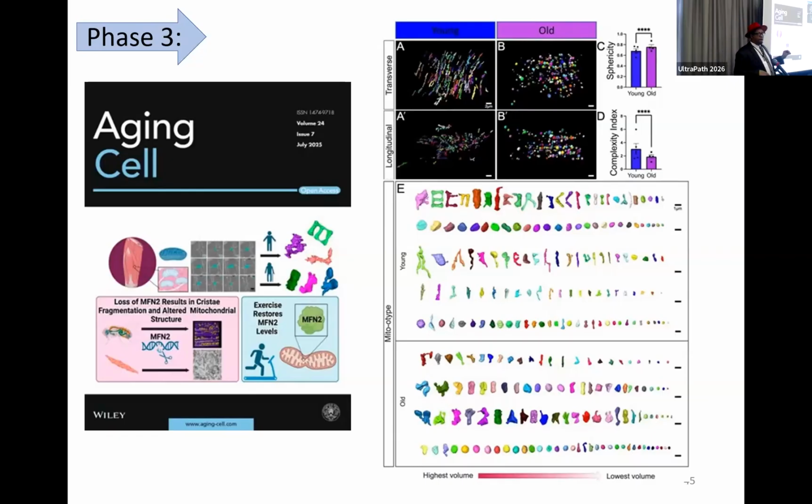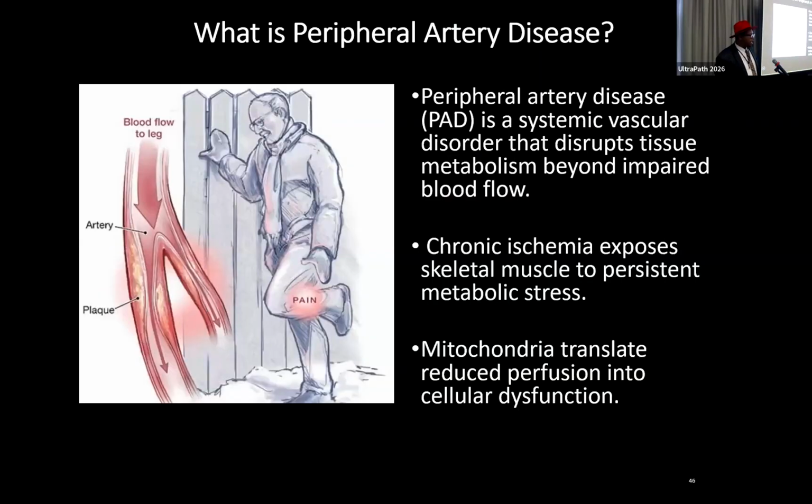And then we have a paper with Brian looking at fiber formation that occurs based upon the structural change that may happen as it sets in with age. And this is just a quick application so that you all can see that how we're applying these samples does matter. So peripheral artery disease, this is a paper that we're about to submit to a good journal